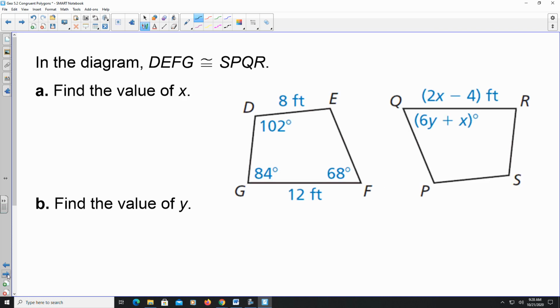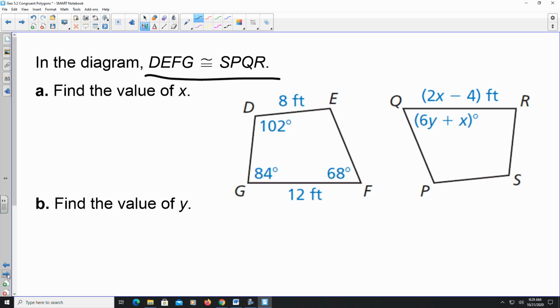So looking at this problem here, it says in the diagram, DEFG is congruent to SPQR. So they gave us a congruency statement. Since they gave us a congruency statement, I can automatically make the assumption that the corresponding angles are congruent and the corresponding sides are going to be congruent. So we're going to use that information to help us find